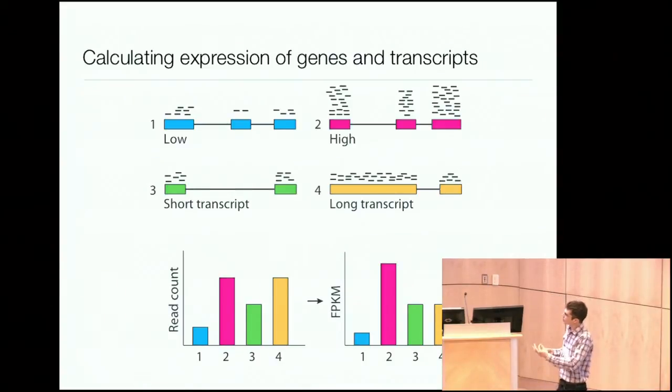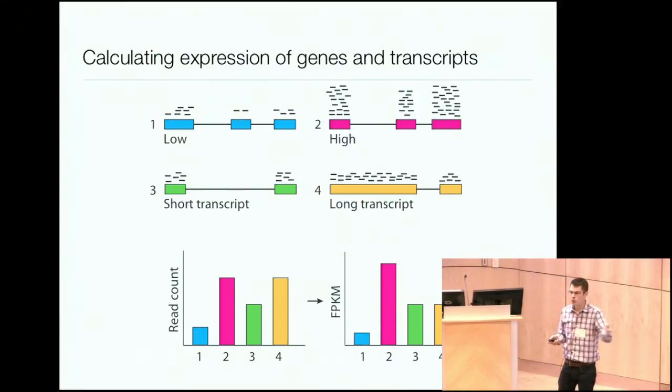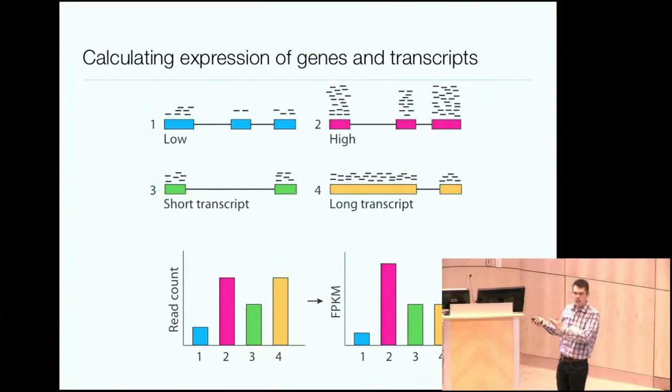And the basic principle is that the more abundant a particular transcript species is in your input RNA, the more reads you're going to get back from it. So the name of the game when we're doing the analysis is going to be to figure out which read came from which transcript and count them all up, and then use that somehow to infer what the